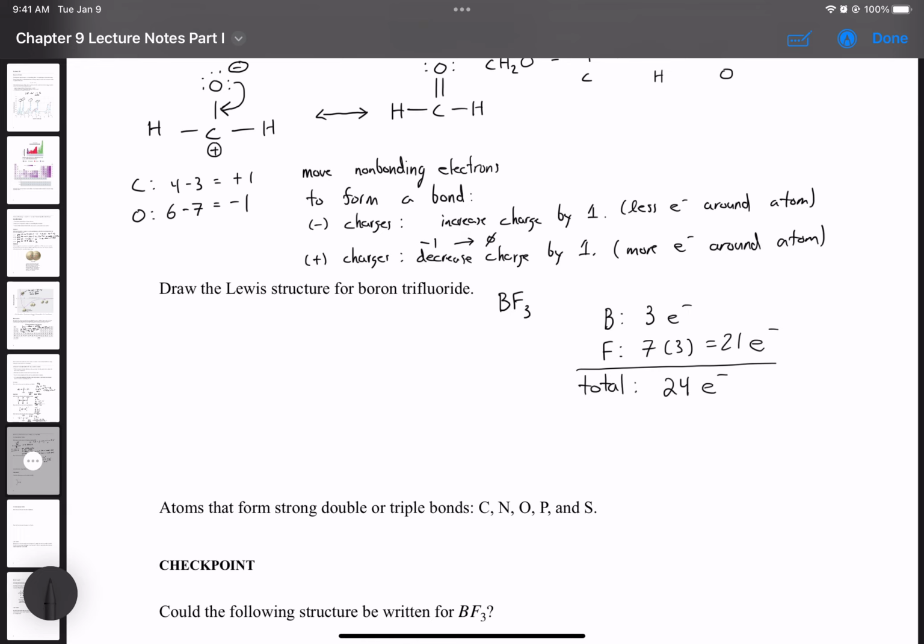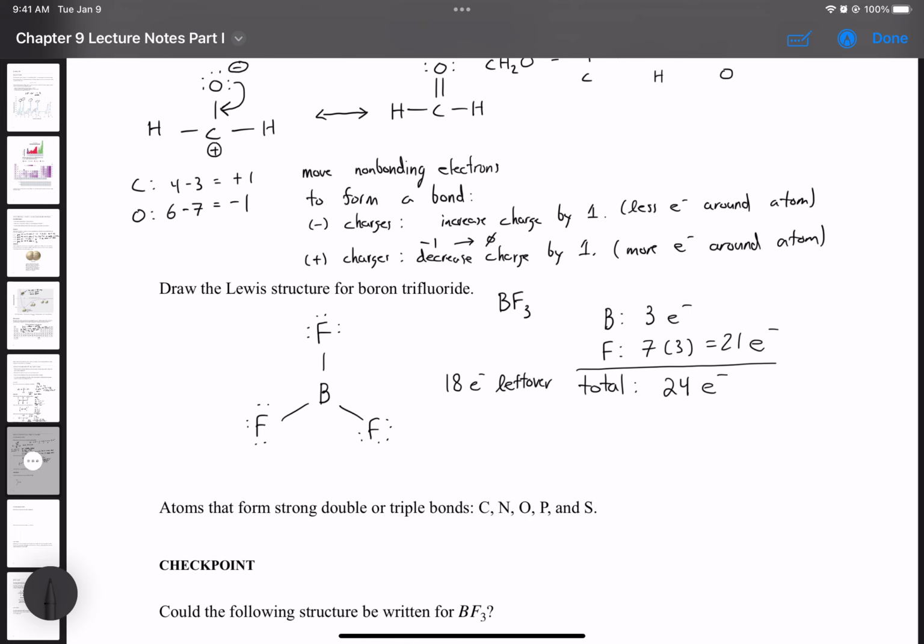Okay, there we go. So boron is going to be our central atom. And this is a special case because fluorine will surround boron in approximately 120-degree angles. And then we have 6 electrons in bonds, so that means 18 electrons remain. And what happens then is we put the electrons around the fluorine atoms. So now fluorine has an octet,